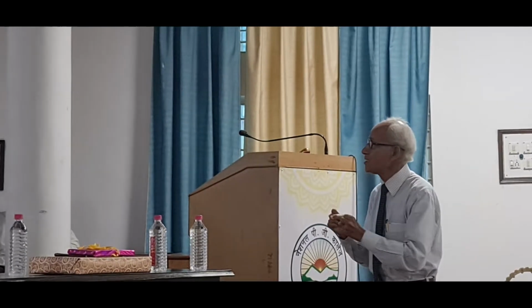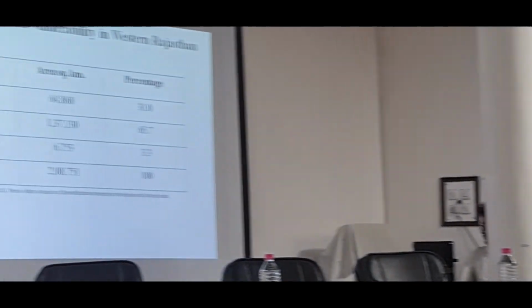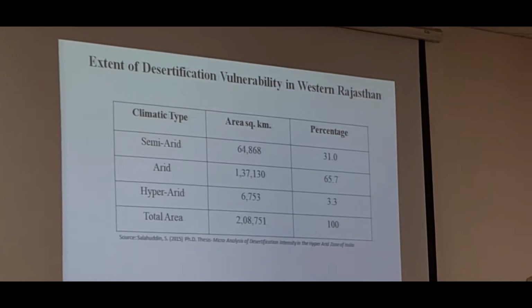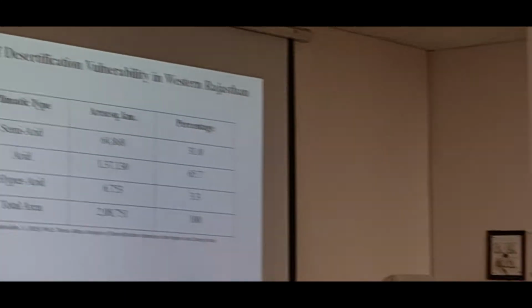Now coming to the extent of desertification vulnerability in Western Rajasthan. Western Rajasthan has a total geographical area of nearly 2 lakh square kilometers. In this 2 lakh square kilometers, 1,37,000 square kilometers is arid, and 64,868 square kilometers is semi-arid. And the source of this work is